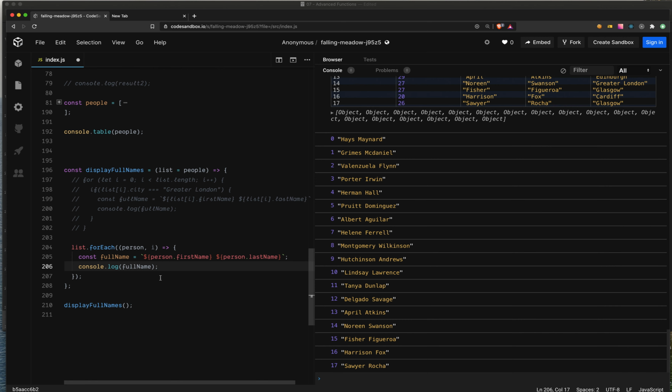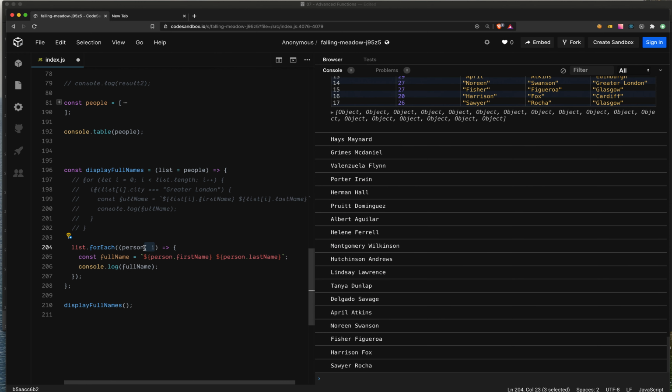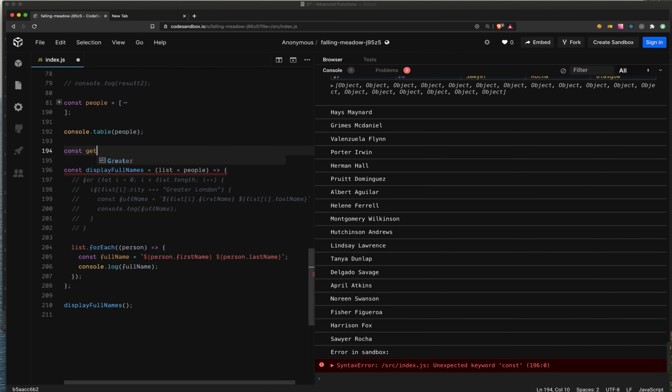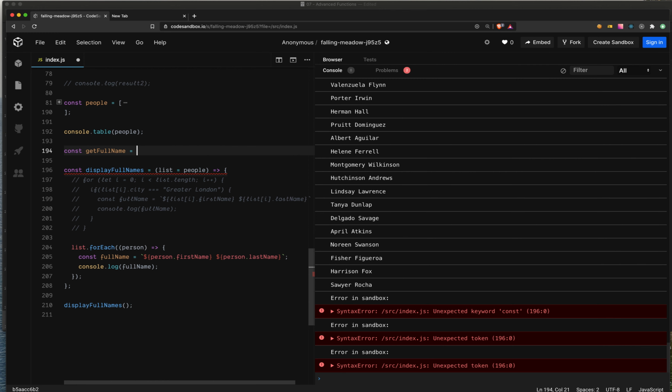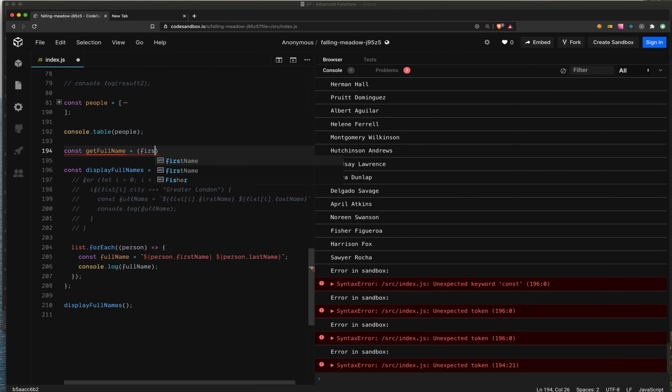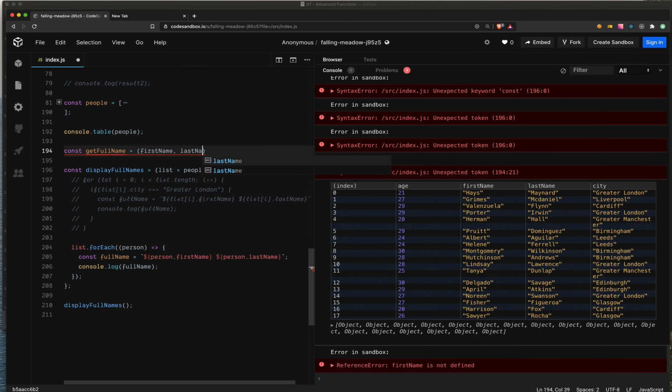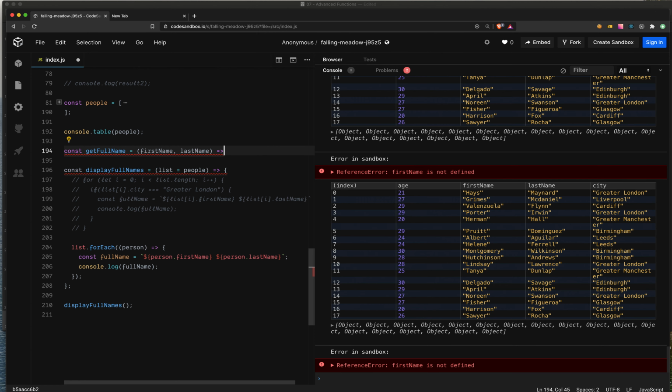Yeah. So so far, for an array method like forEach, a callback, which is just this function you pass it, can become a very powerful and concise way to do something like a regular for loop, if you don't want to play with indexes or incrementing or using the length, that sort of thing. But yeah, let's say const getFullName equals, let's take first name and last name, and